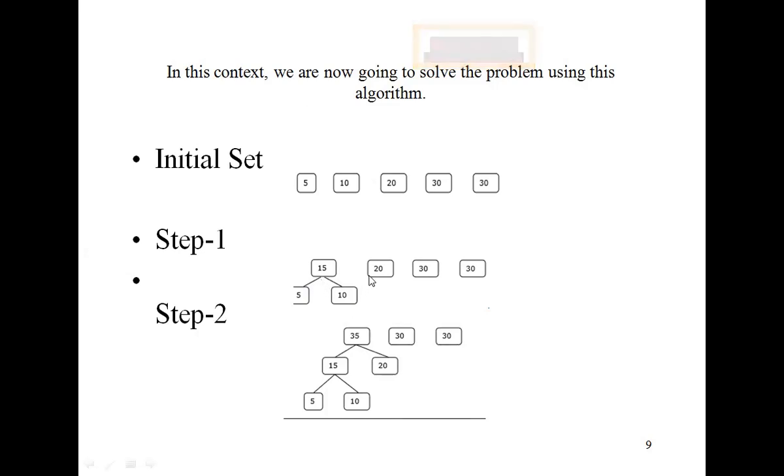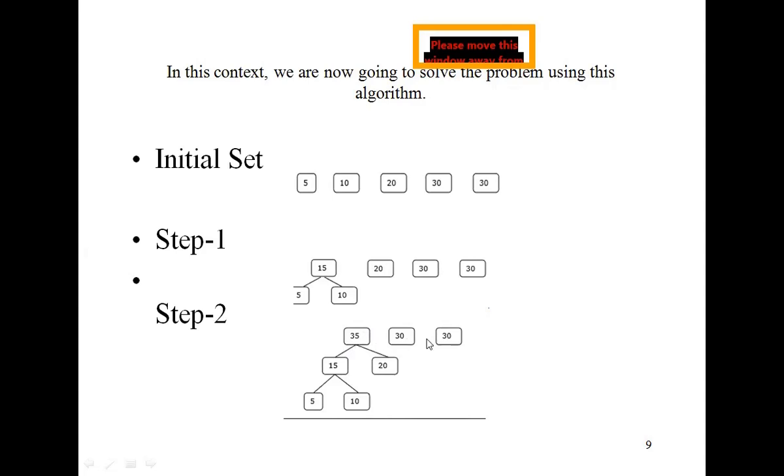Okay. Now we have 20 here. Now merge with 20: 20 plus 15, that is 35. See, 35.